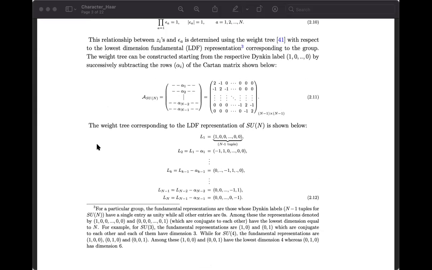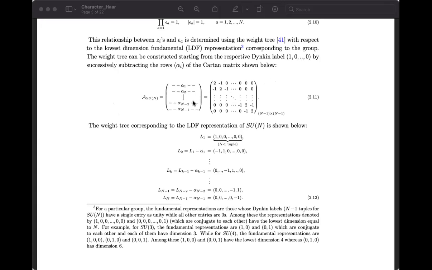So now the lowest dimensional fundamental representation for SU(N), if you look at the Dynkin label, is nothing but 1, 0, 0, up to 0, with n minus 1 entries, right? Because its rank is n minus 1, that many entries will be there. Now, if you look at the Cartan matrix of SU(N), which you can derive from the Dynkin diagram of SU(N), which is just one node, then another node, and then another node, and so on, that gives you a very simplified Cartan matrix, which is n minus 1 by n minus 1. In this context, you can consider the first row to be alpha 1, the second row alpha 2. In the Dynkin basis, they are the roots.